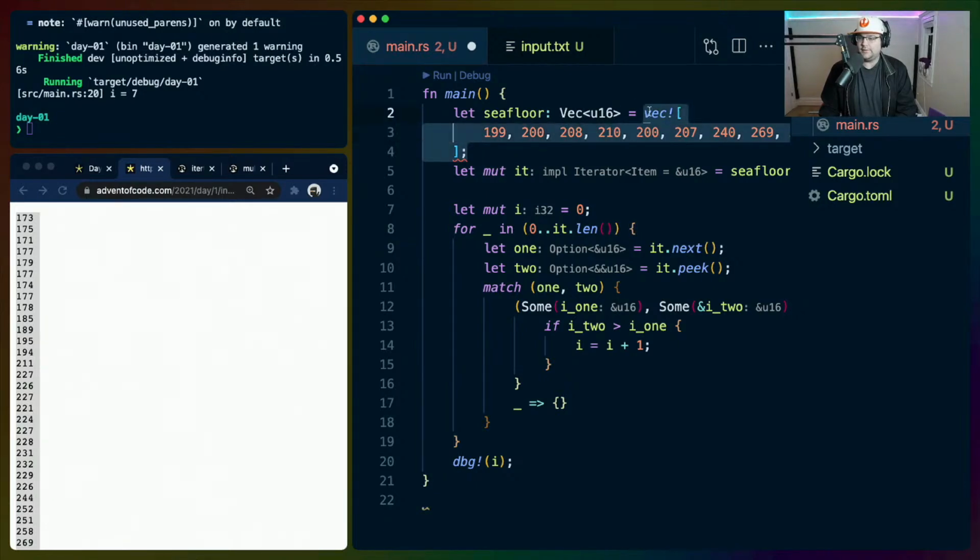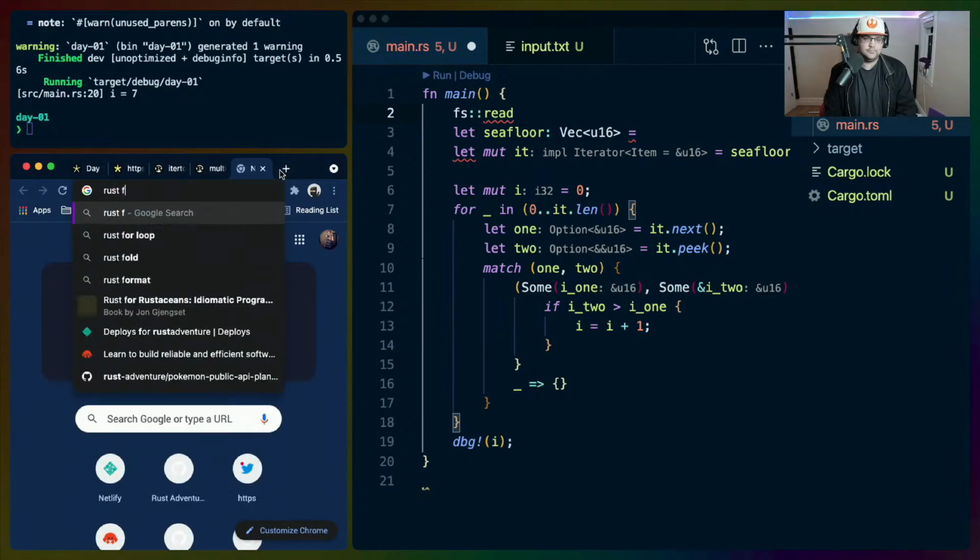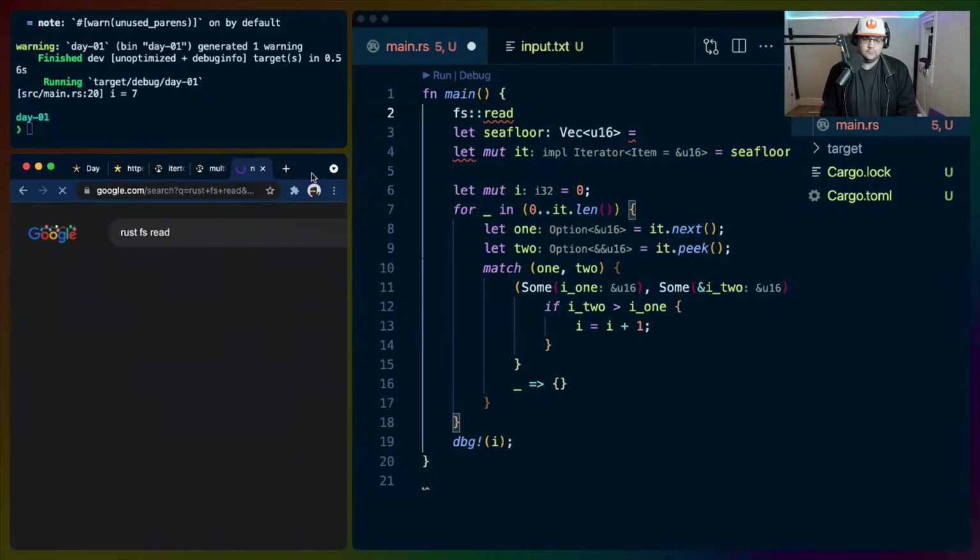So instead of this, we are going to do fs read. I didn't pull in fs. fs read. Is it read file or is it read? Read to string.